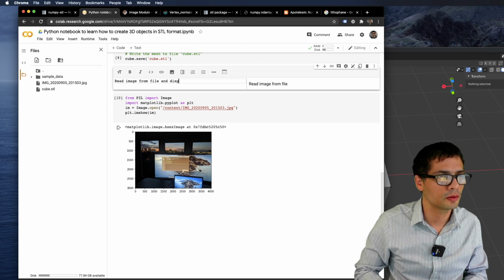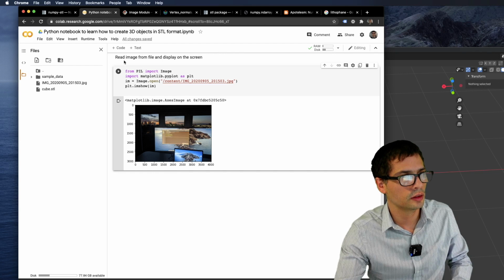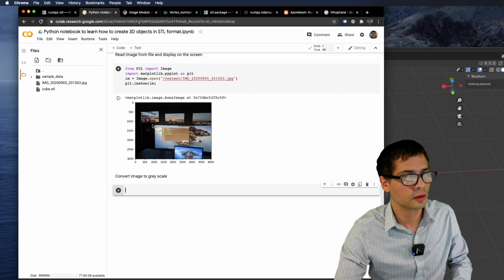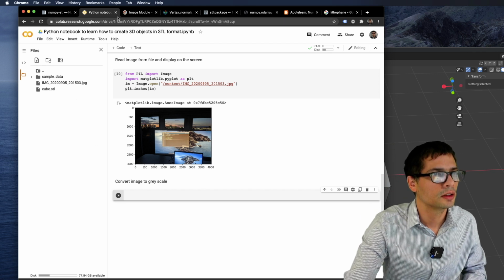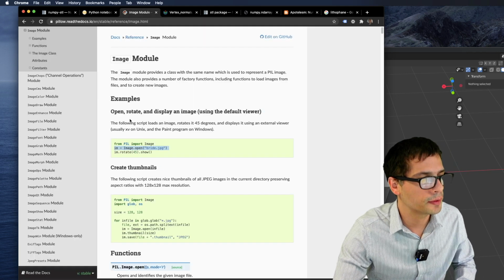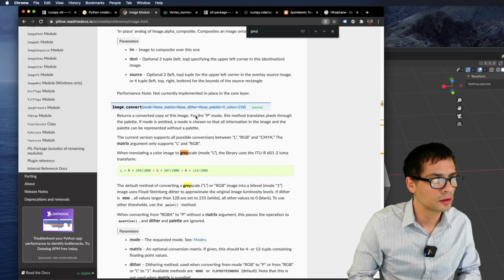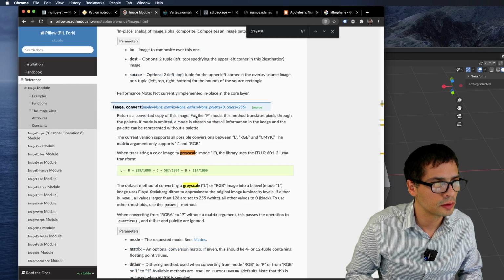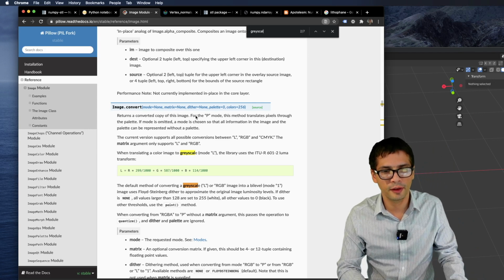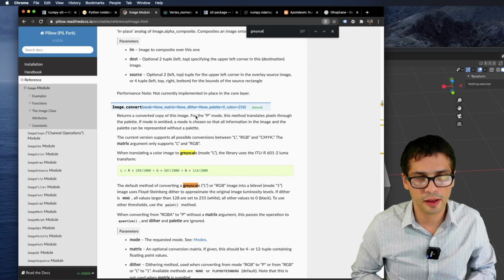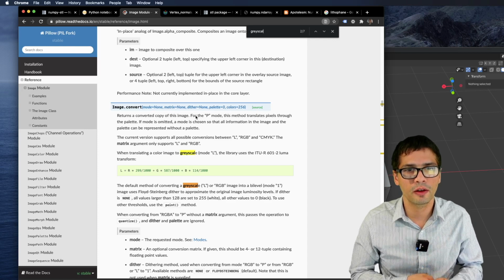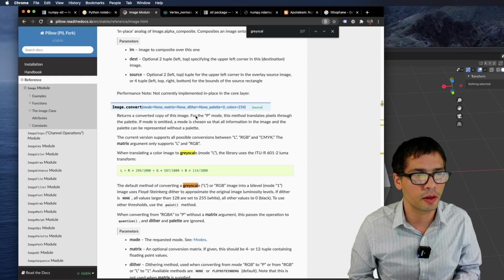So let's see how to convert this to grayscale. There are different ways. As you can imagine, an image has at least 3 different colors: red, green, and blue.